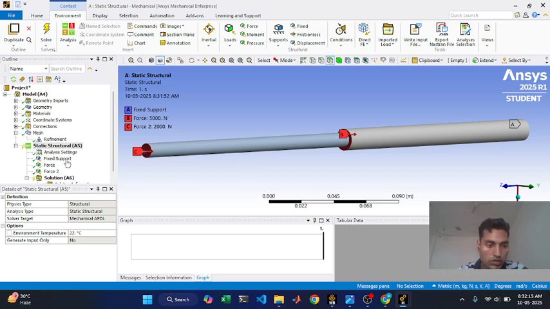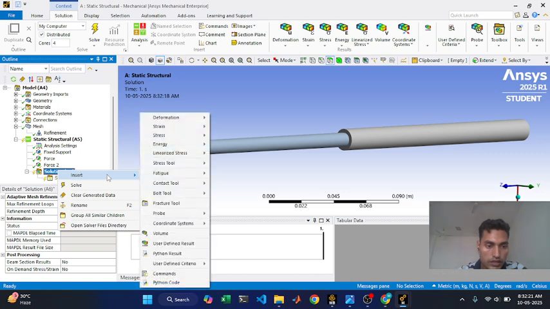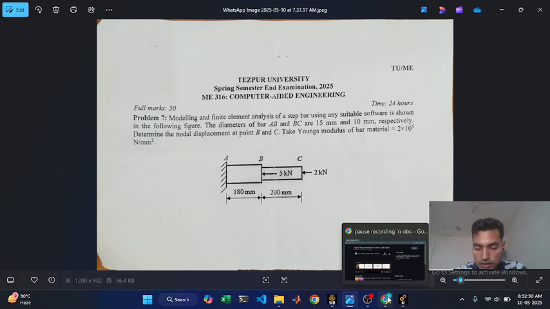Okay, now we'll go and solve this problem. Go to solution. Okay, right click, insert something. We have to calculate. What we have to calculate? We have to calculate nodal displacement at B and C. So let's go and